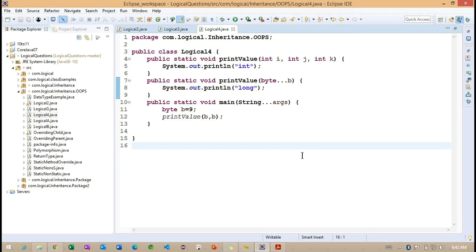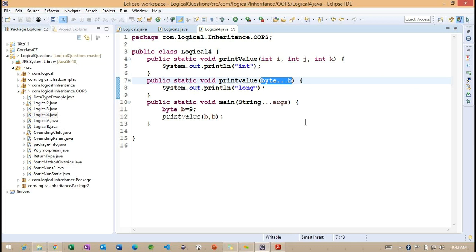Same way, whenever we are working with this particular byte, it is going to check with the next nearest bigger data type called int. Whenever we work with the var-arg concept, it takes an array of elements.